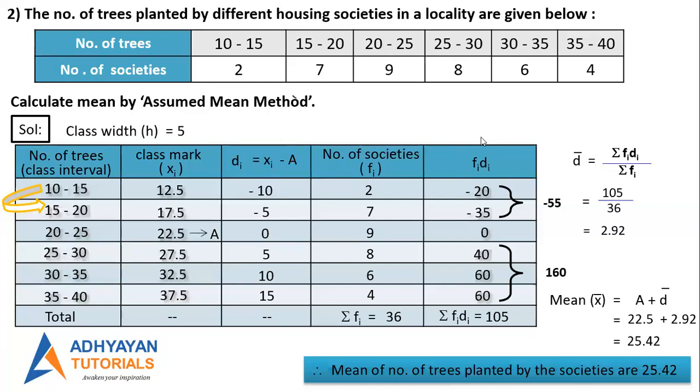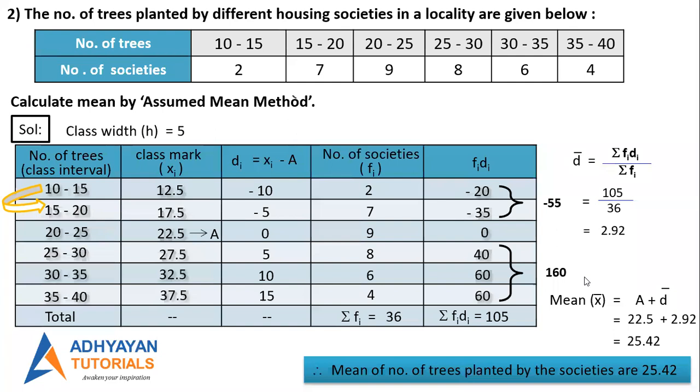There is something I want to discuss, kids. Just pay attention. Have patience with me. Priyanka, can you hear me? Yes, sir. Priyanka, you have taken 27.5, right? See, students, in this table, in my solution, I have taken A as 22.5. Priyanka, what did you take A as? 27.5. What was your answer for the mean? 25.42. See, that is what we are trying to say.